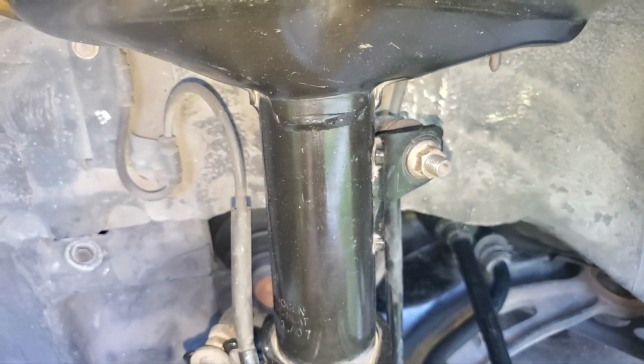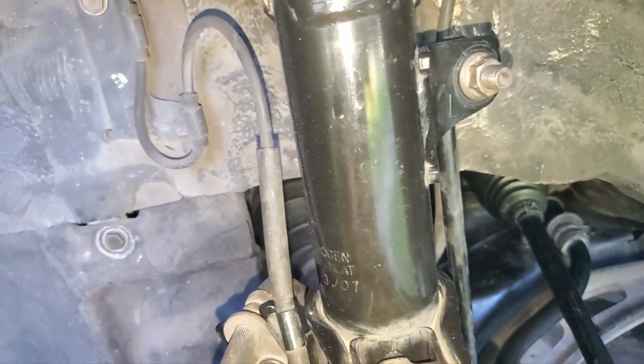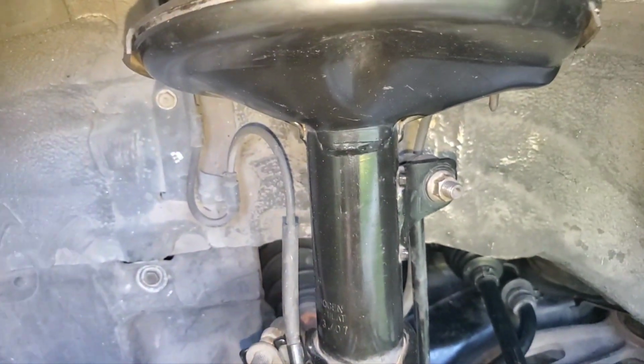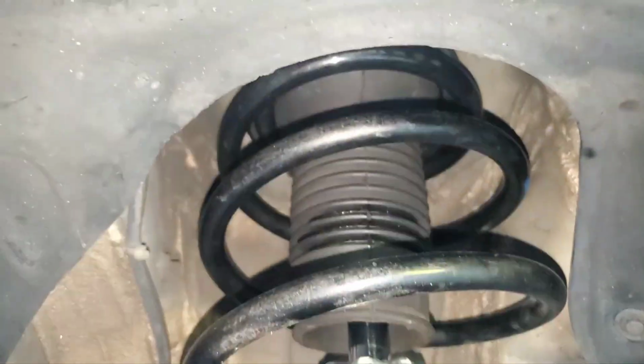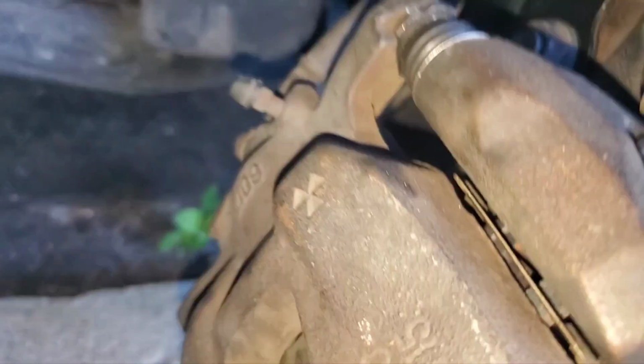So I had to compress and then decompress the spring a few times until I finally got it right. I was probably a little OCD, it probably could be a little bit off, but it is what it is. And also another note with the ball joint,